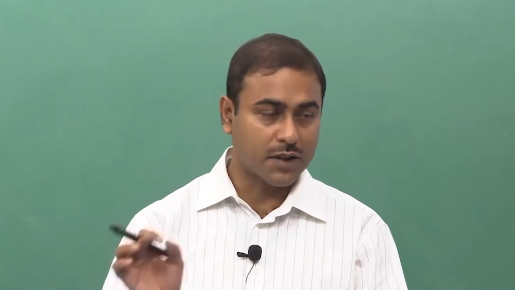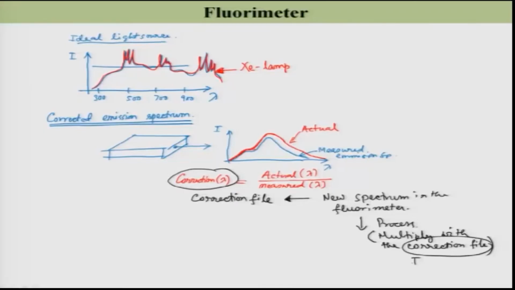So, the correction file for my instrument will be different than your instrument. So, this correction file is instrument dependent, right. So, once you multiply with this correction file, then what you are going to get is the corrected emission